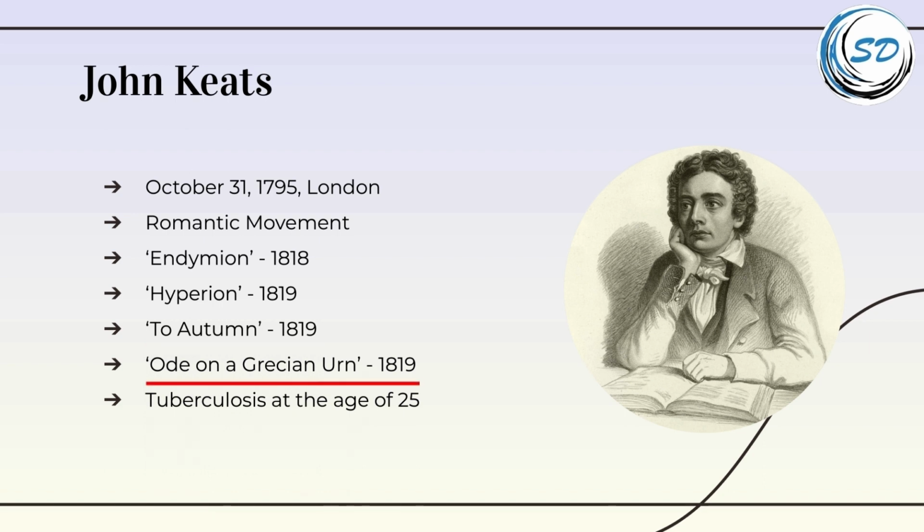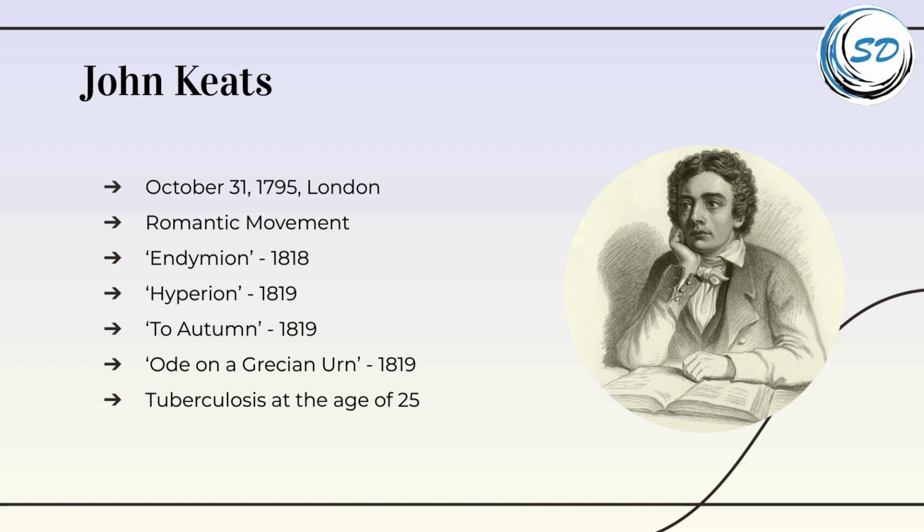Ode on a Grecian Urn, written in 1819, is an ode that contemplates the beauty and immortality depicted on a Grecian urn, exploring the nature of art and the transience of life. Despite his undeniable poetic talent, Keats' life was tragically cut short by tuberculosis at the tender age of 25. However, in his short life, he left an indelible mark on the world of literature with his lyrical style and